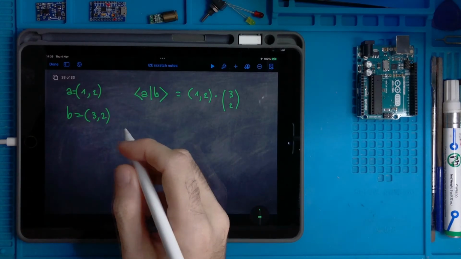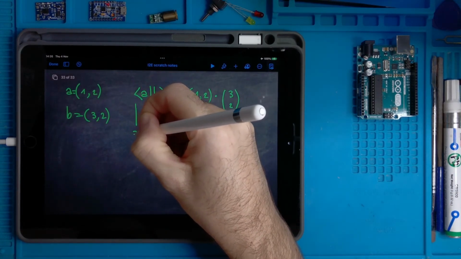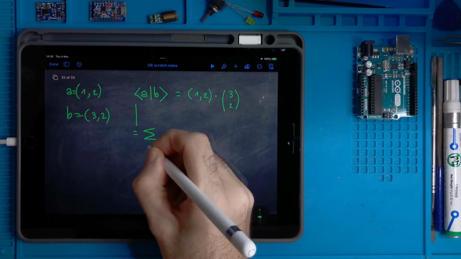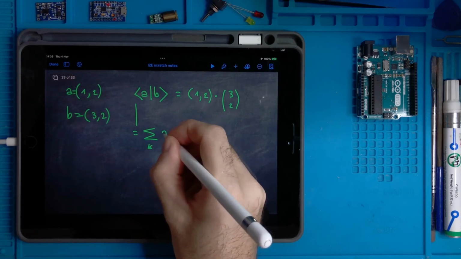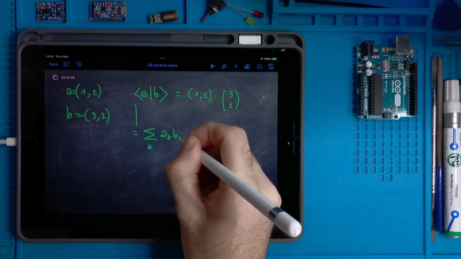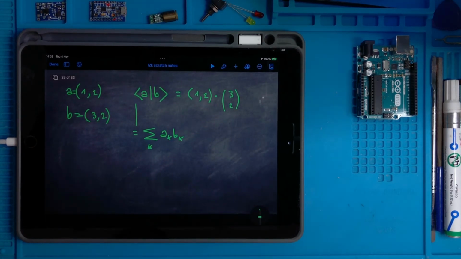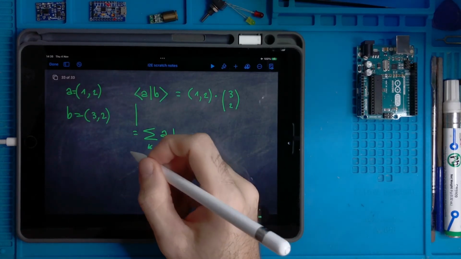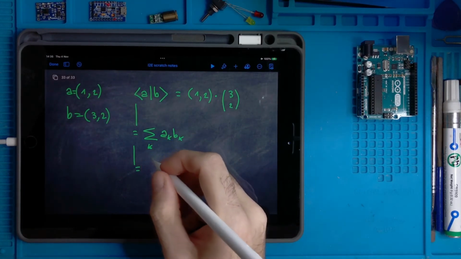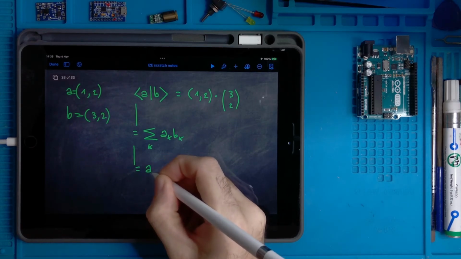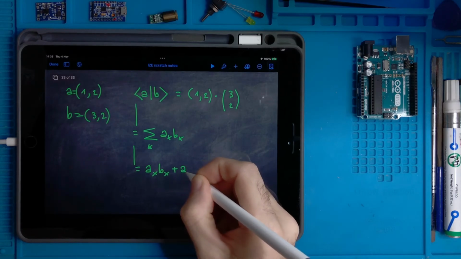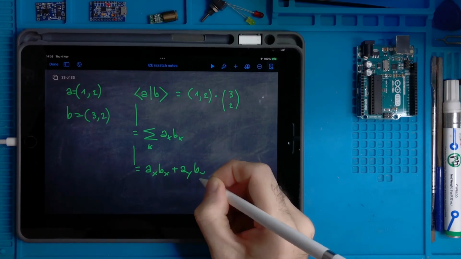And then I have to do this operation, so this thing is equal to the summation over the index k of AK, BK. We have only 2 dimensions here, so this thing is AX, BX plus AY, BY.